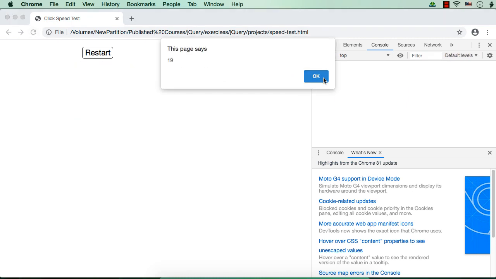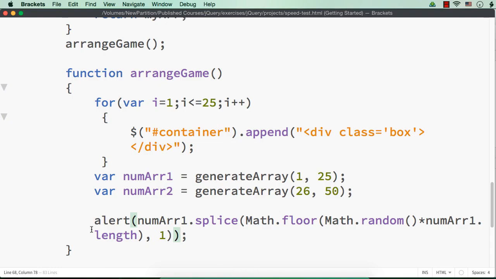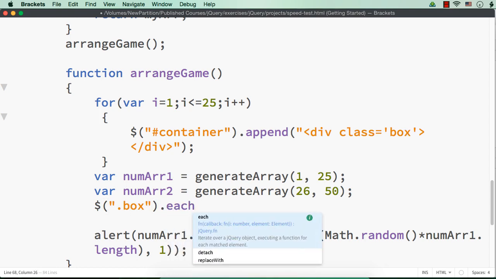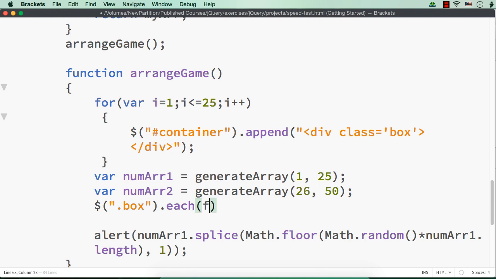14, 19, like that. So what we are going to do is set this for the div elements which have the class name box. So we need to do this for all the div elements, that is for all the 25 div elements. So what we can do for that, we can actually run a loop: $('.box').each. This will select all the div elements having the class name box. .each is for running a loop, and inside this let me specify function(key, item). That is, key will be the index and item will be the div element.